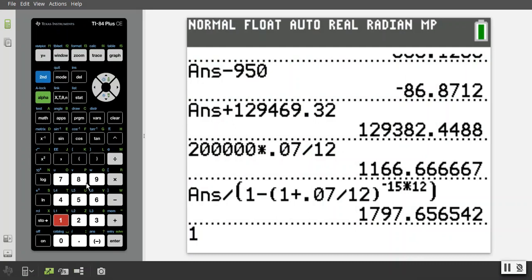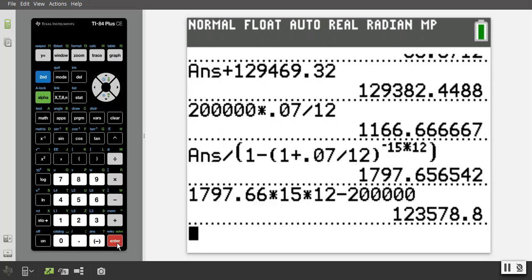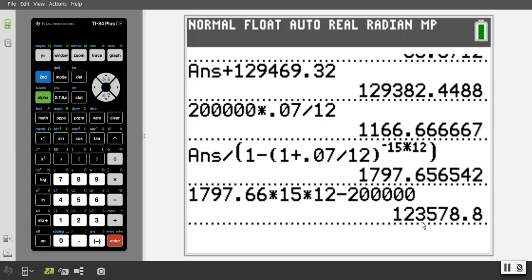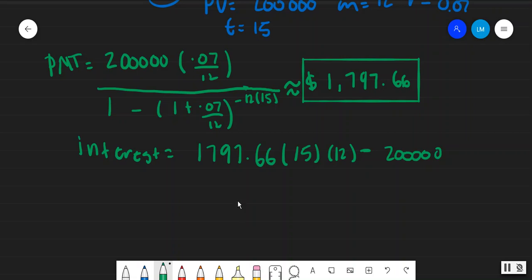I am probably going to need to round at this point. If we do this, that tells us how much interest was paid back. Still pretty high, to be honest. The interest that was paid back was 123,